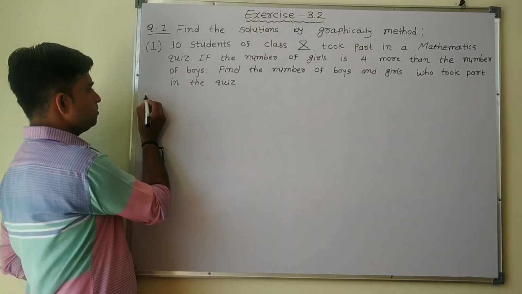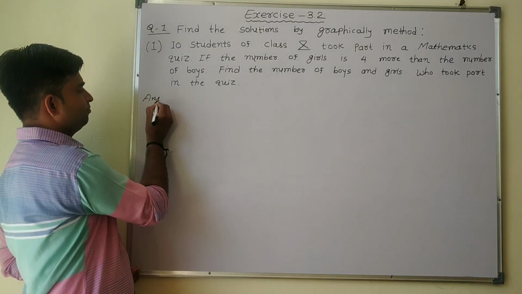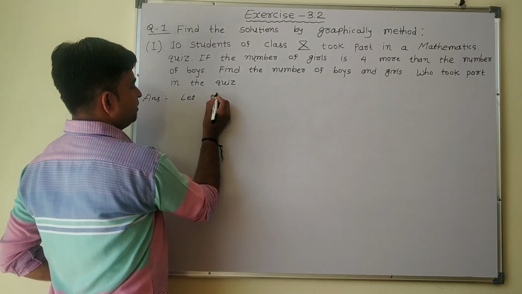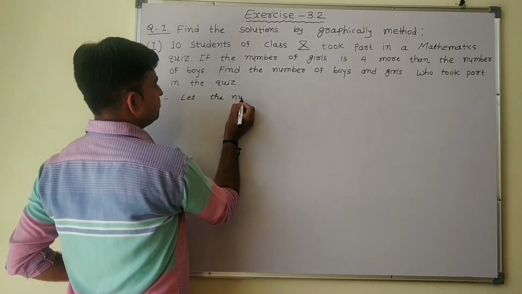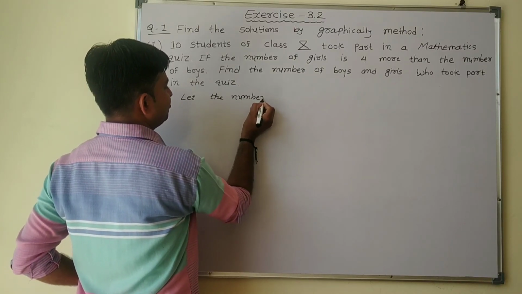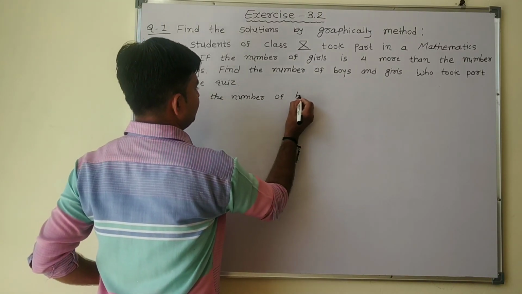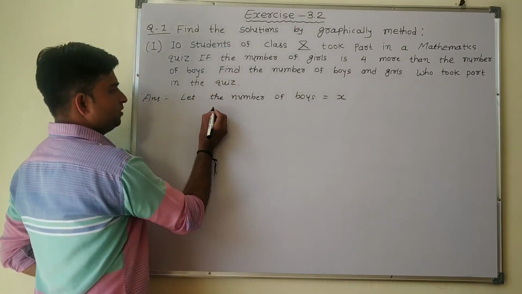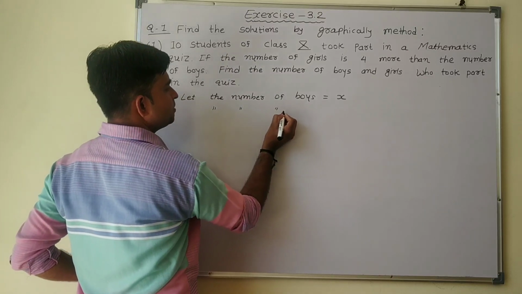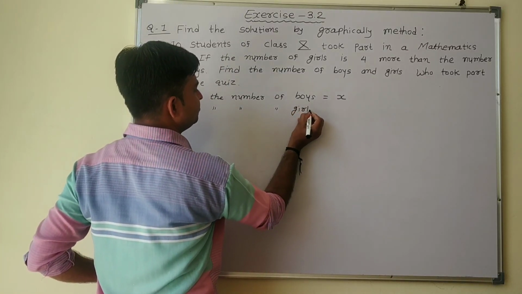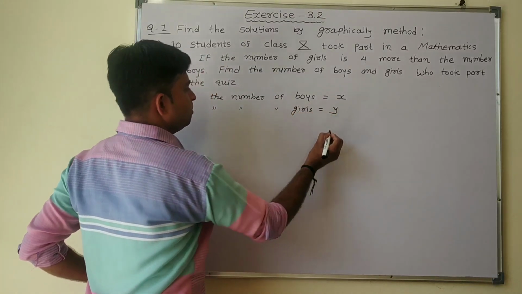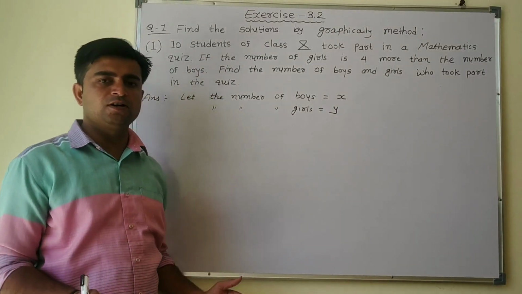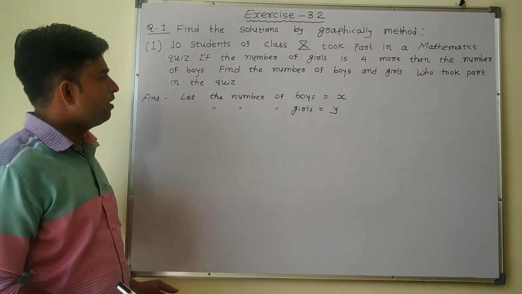So let me suppose, first of all, let the number of boys be equal to x and the number of girls equal to y. So here we suppose that the number of boys equals x and the number of girls equals y. Now according to the question,